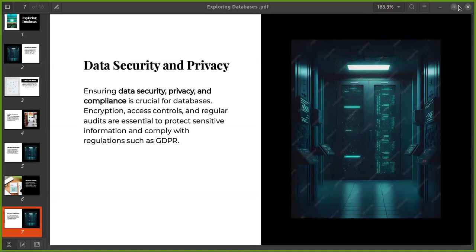So ensuring data security, privacy, and compliance is crucial for databases. That is, encryption, access controls, and regular audits are essential to protect sensitive information and comply with regulations such as GDPR. So here, what I am trying to convey is,